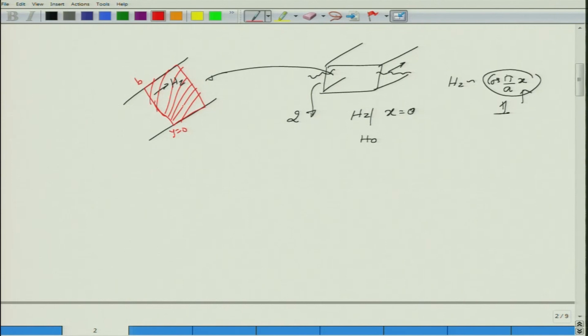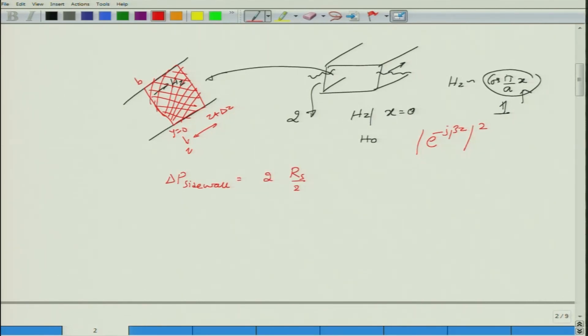Along z, again it would, because Hz is not a function of z in this case, remember, although there is an e power minus j beta z term, because you are taking the magnitude square, that term would be equal to 1. So, if you find out what is the power that is being lost because of this side wall over here, which extends from y equal to 0 to b, and some z to z plus delta z along this particular axis along the wall, then the total power lost because of the side wall will be 2 half